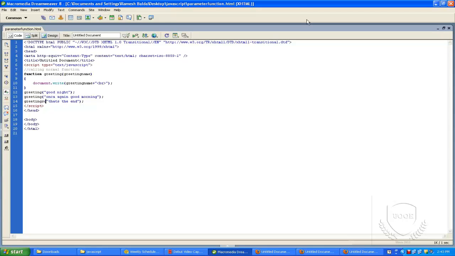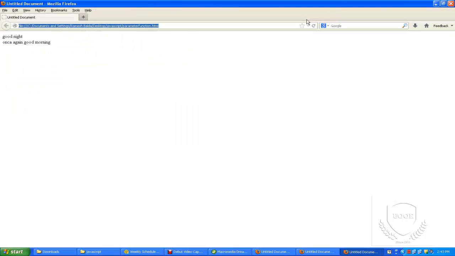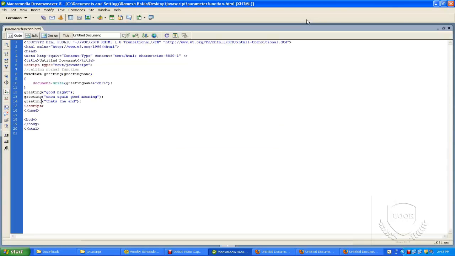Rating. If you refresh, we can pass any kind of variables to this function itself. So we can say that this is the example of a function with a single parameter.